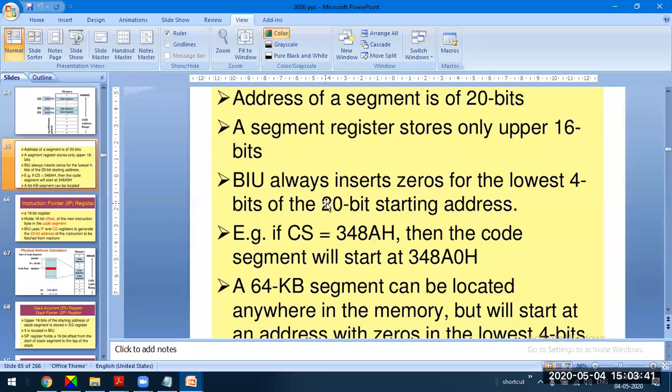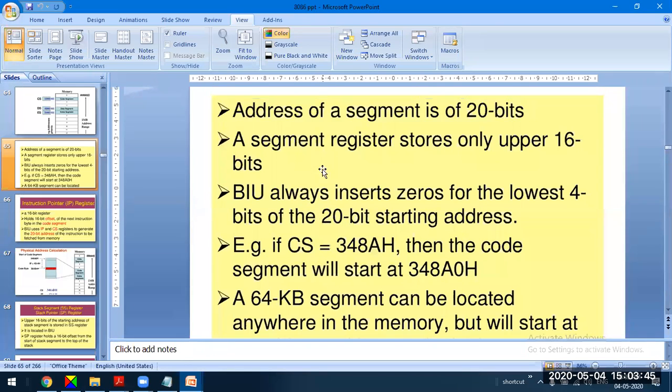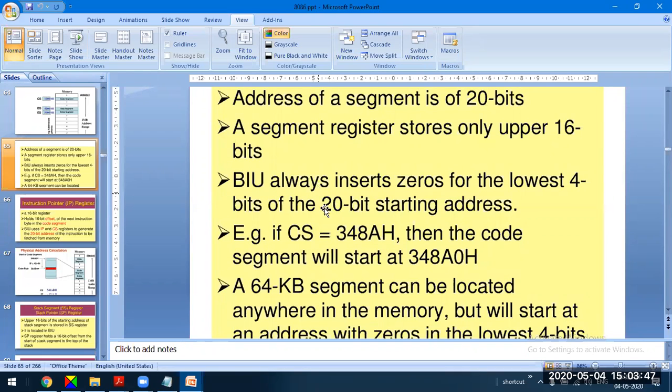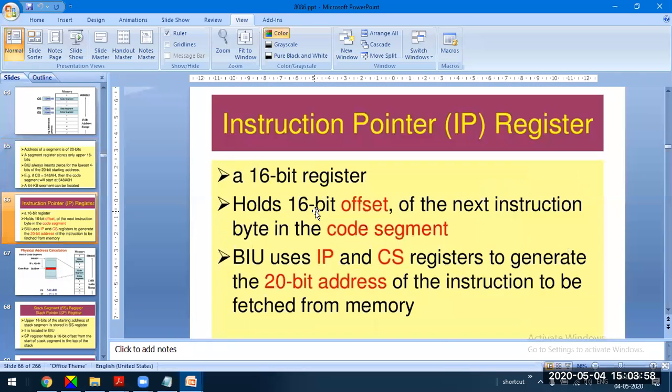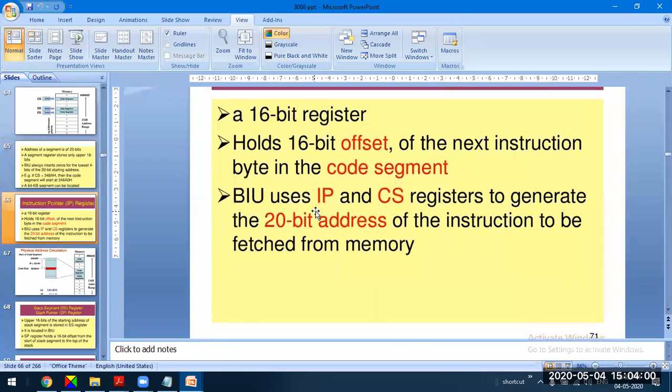With that intention, a 20-bit address is used. Why not 30-bit? Why not 22-bit? It depends on the processor. In the 8086 processor, 20-bit was the size of the address lines. That's how it is. Okay, so instruction pointer, we took this example.